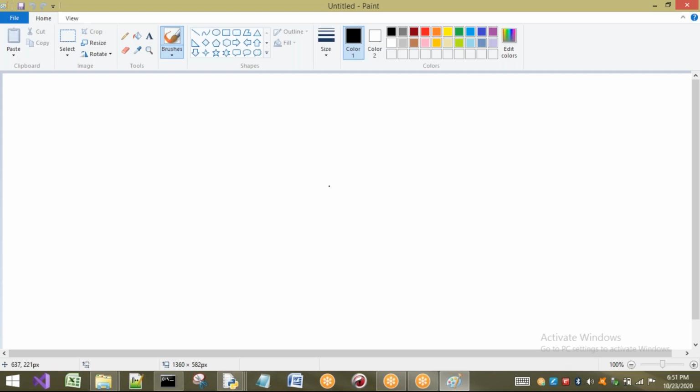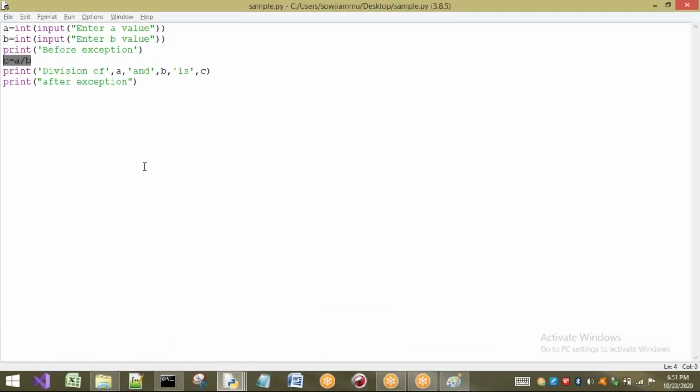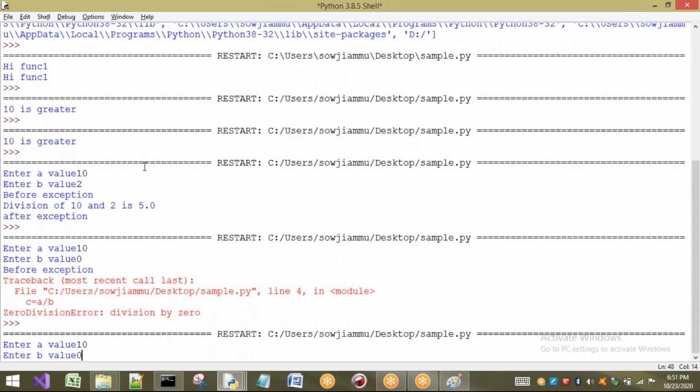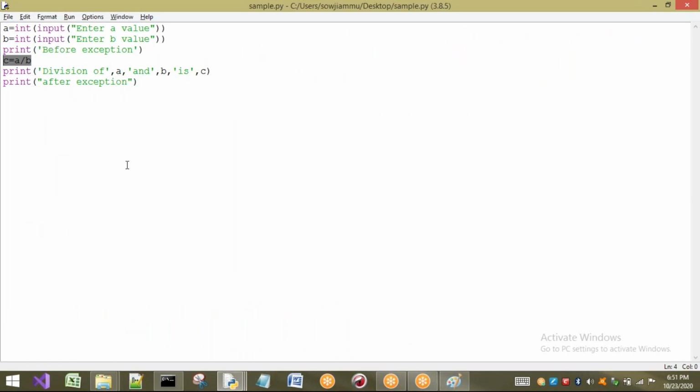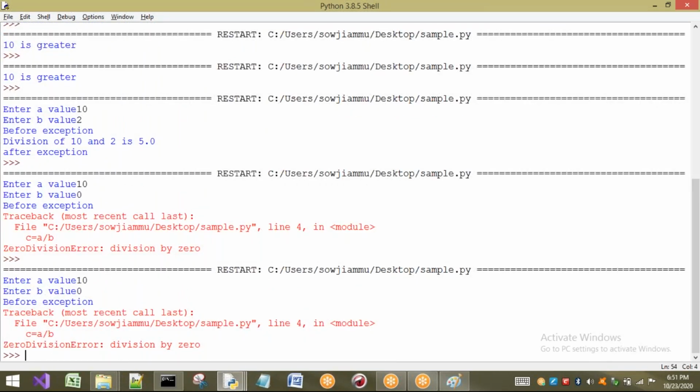What is meant by default exception handling? Who is going to handle an exception if I am not going to handle it? See here, this program I will execute. Here I am just going to take 10 and 0. In my program, is there any handling technique I have written? It looks like a normal program. I am not using any exception handling technique in this program, so I will execute it. If you are not going to handle it, who will handle this one? Your Python virtual machine is going to handle that.